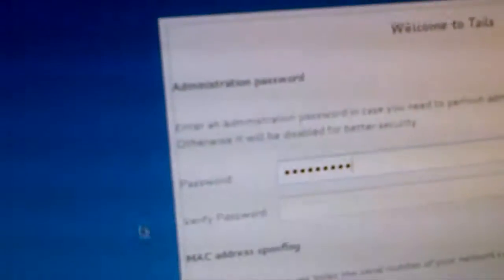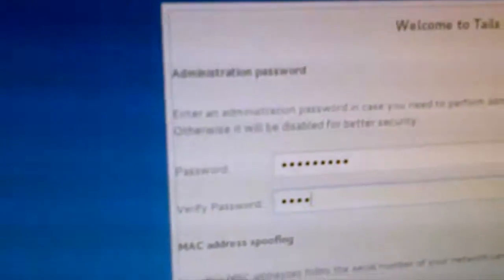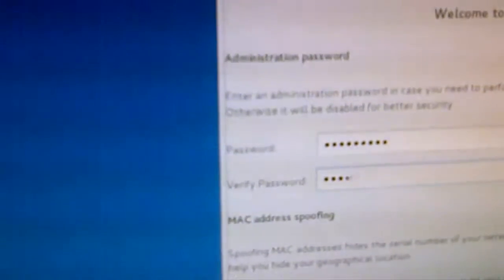We'll go ahead and put in a fake pass for this time. Okay,